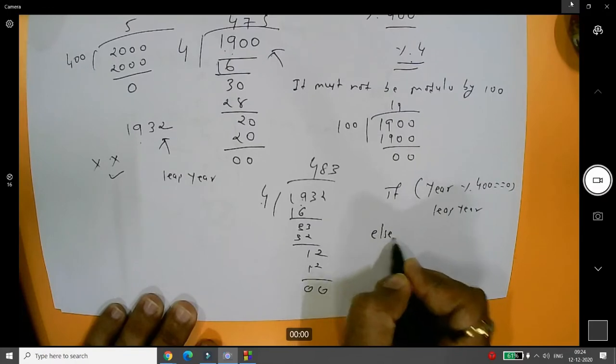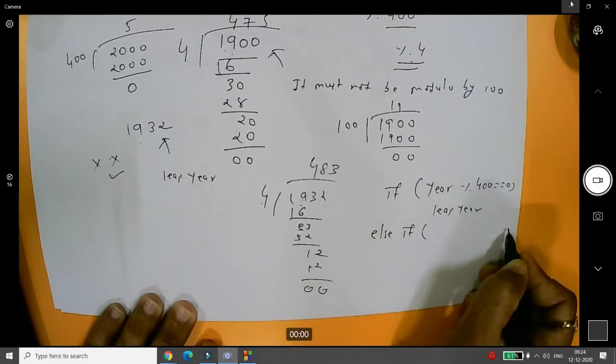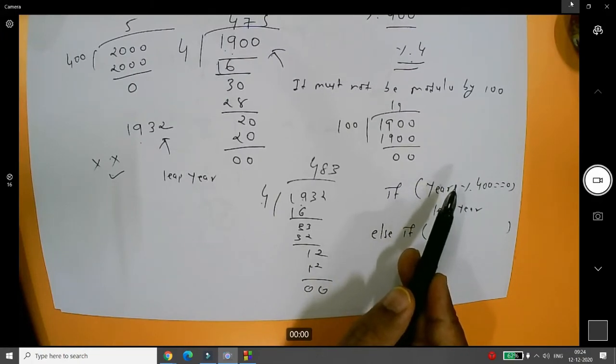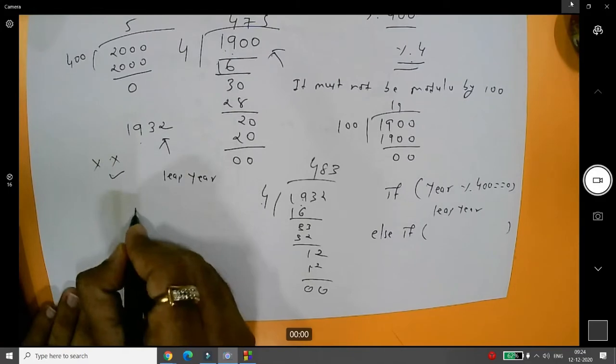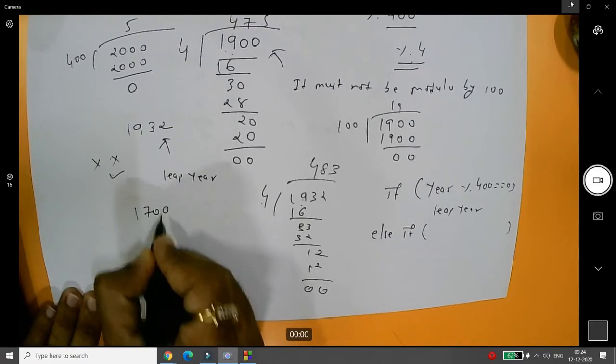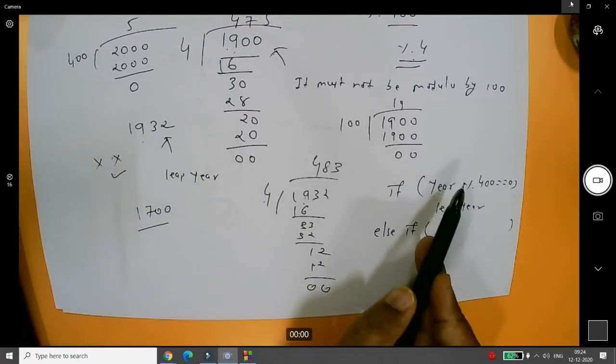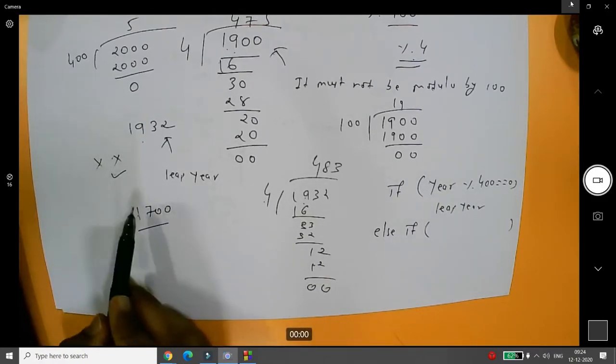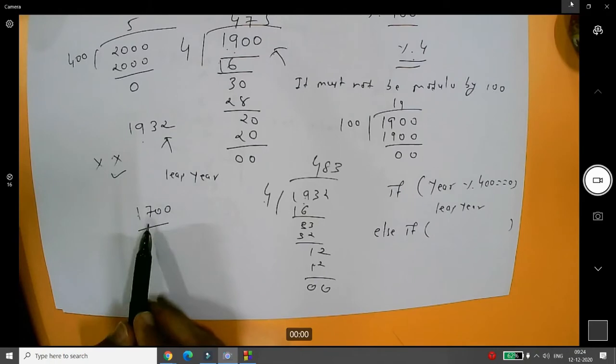Now you can write one more condition in an else if. Else if means what? If it is not modulo by 400, it means my year is, for example, 1700. So if it is not modulo by 400, then check. It must not be modulo by 100.